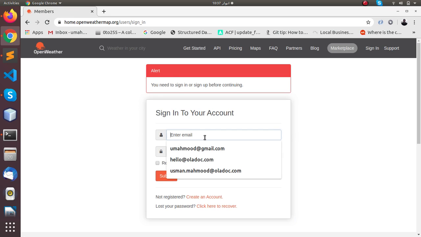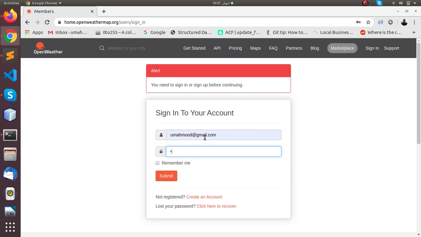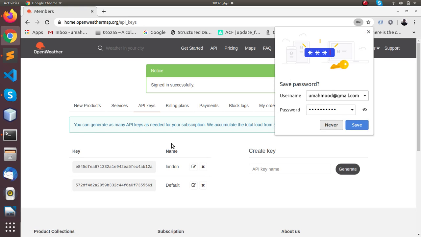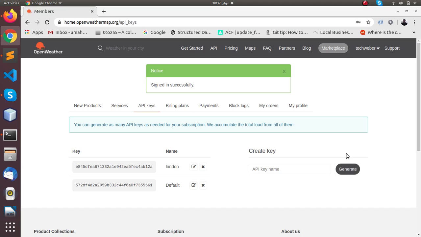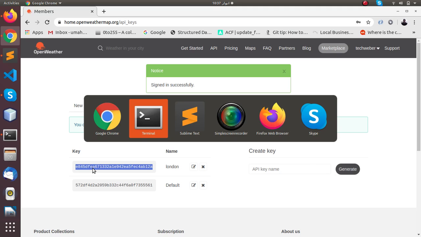and okay, I have to log in again. Okay, so here are my API keys that I have already generated. You can generate as many API keys as you want. Okay, just copy the API key and